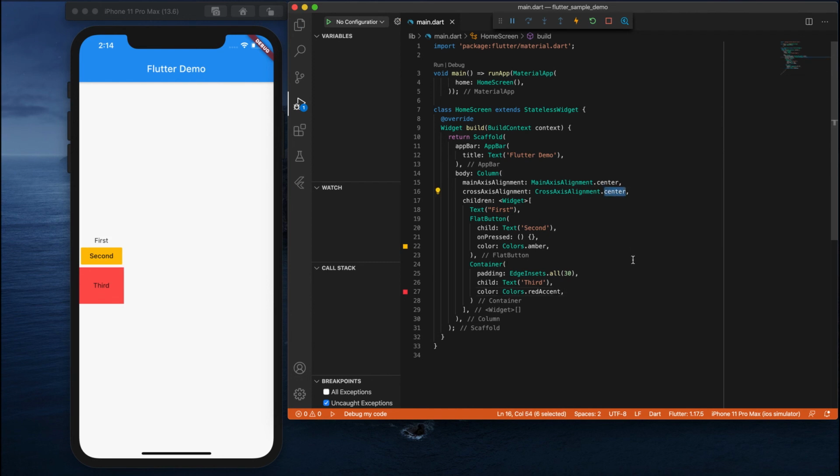Even if you want to change this to start, you can see it will be placed at the start of the application. When you do it with end, it will arrange at the highest coordinate automatically. That's based on your requirement; you can change it however you want, even the alignment in the cross axis. If you want stretch, you can see this is stretching up to here. Like this you can work with multiple widgets, either using rows and columns, or a combination of both. This is what we have seen: how we can work with multiple widgets using rows and columns.